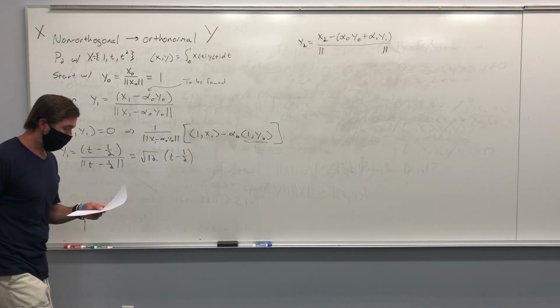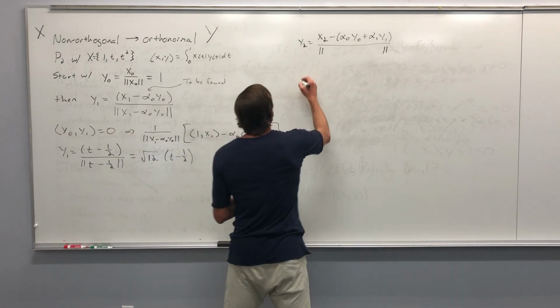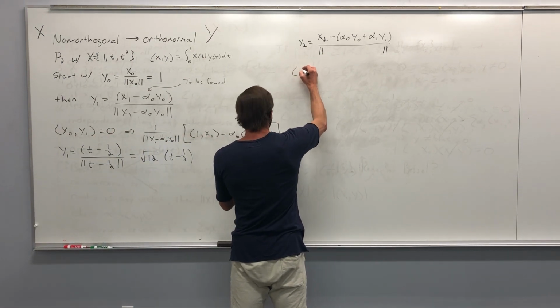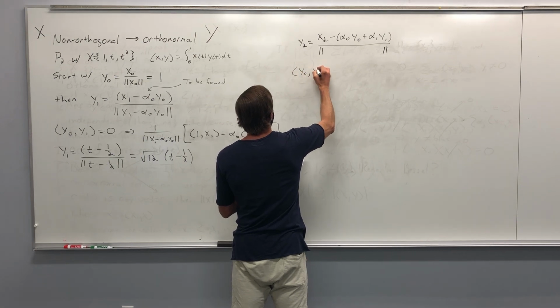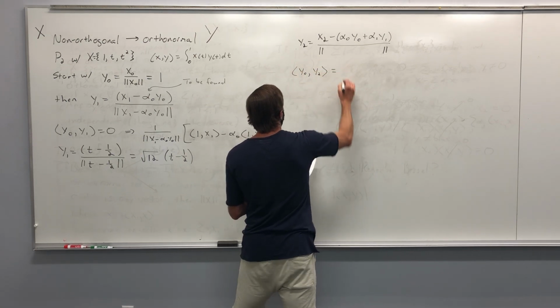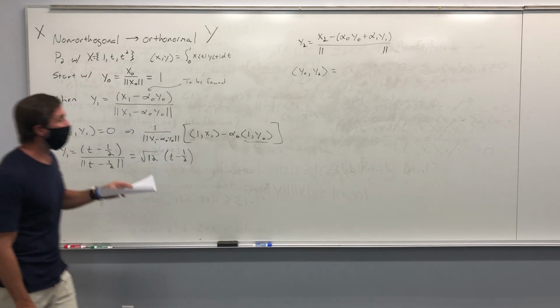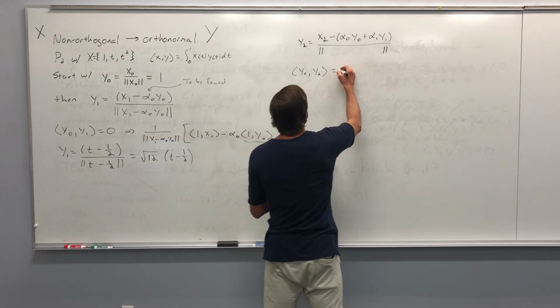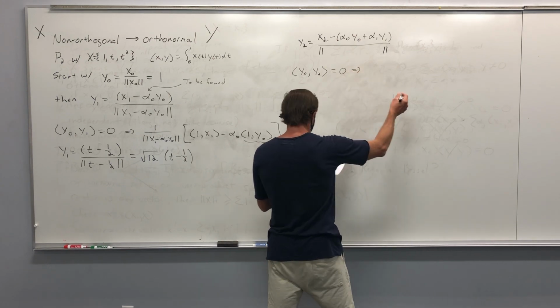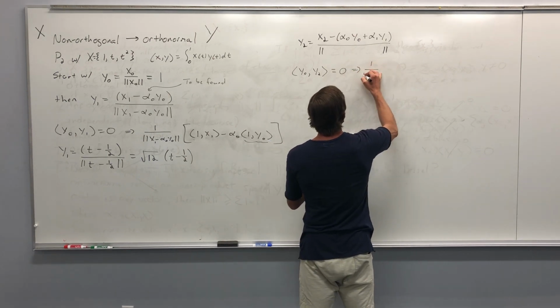But here now we have to assure that the result of this is orthogonal to both of the preceding vectors. So y0 and y2 inner product should be 0. And this implies